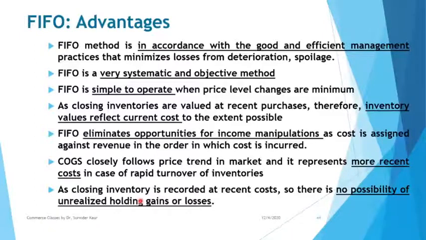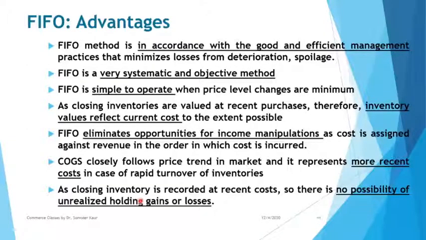Now, this is a very important point here. You are measuring your stock at the current cost, and if you happen to sell it, it will be sold at the current selling price. So, there is no holding gain. But if you measure your closing inventories at, say, old cost, suppose your first lot was of 10 rupees, next lot of 11, next 12, and now with the rising prices, the price is 14 rupees. But if you measure the stocks at old cost, your stock is of 10 rupees. Suppose the selling price is 18. It means you will be making a profit of 8 rupees per unit, isn't it? But as per current cost method, your cost is 14, price is 18, so your profit should be 4 rupees.